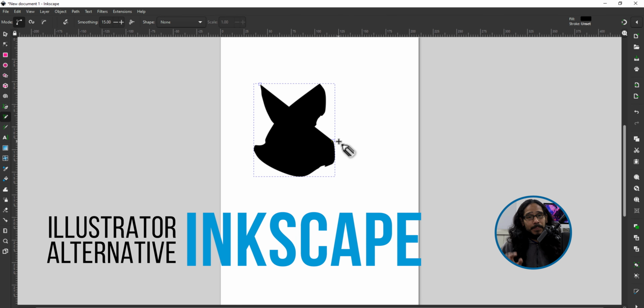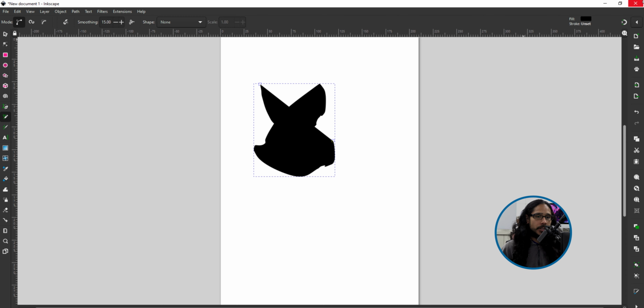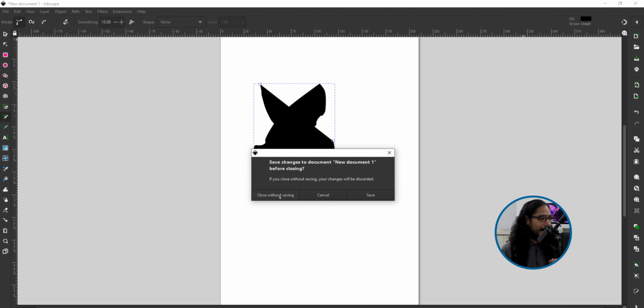And the second one on my list, and I'm looking at my notes right here, always got to look at my notes, is Illustrator. For those individuals that like to use Illustrator to create vector images and all that design stuff, the best alternative software out there that is free is Inkscape. Now, to be honest with you, of all the programs that I'm going over with you guys, only two of them are ones that I am constantly using all the time. And I'm going to show you which ones I'm using. I'm actually using one of them right now during this recording. But if you are looking for a good replacement for Illustrator, Inkscape is the one. So let's close this up. Let's say close without saving.